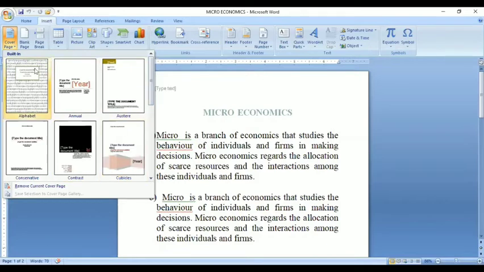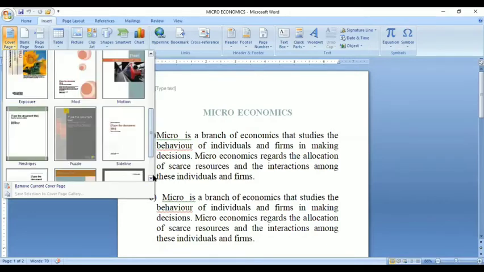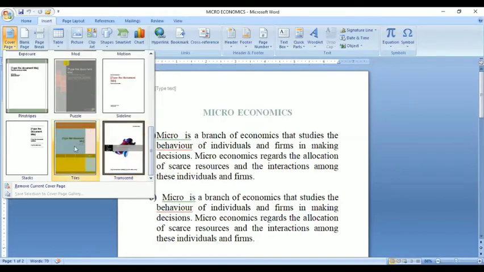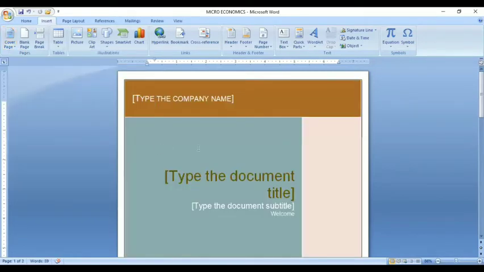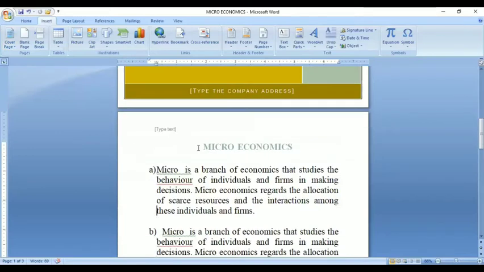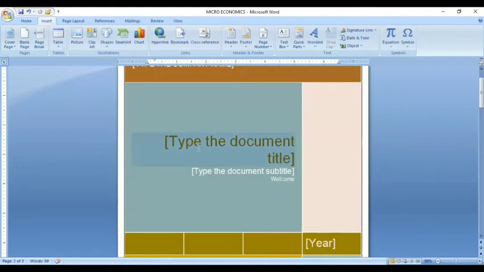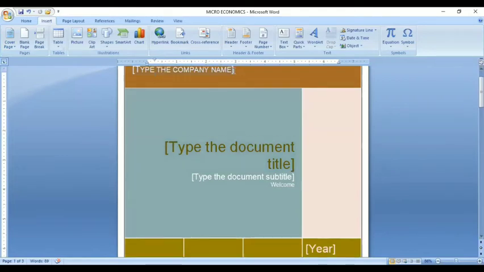Suppose this is some format of cover page, you have more formats here. If I want this format, I click like this and it will come. The first cover page will be like this. I've typed here microeconomics, all the things. The first page will come like this. You have 4 more from here. You have to type the name, and whatever detail you want to put, you can type it here.